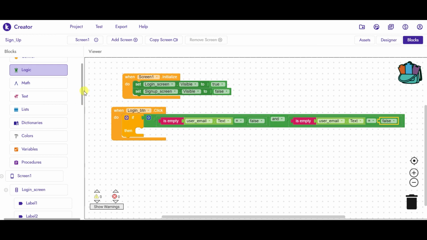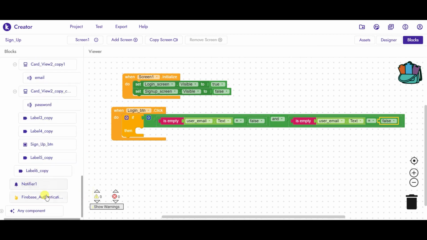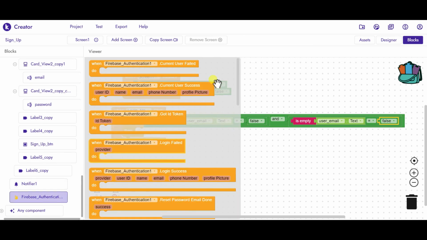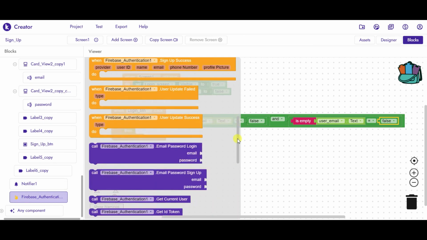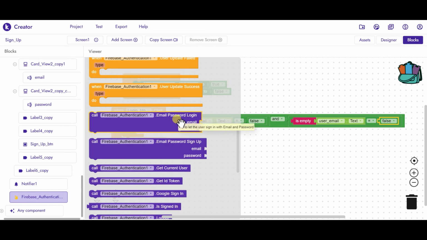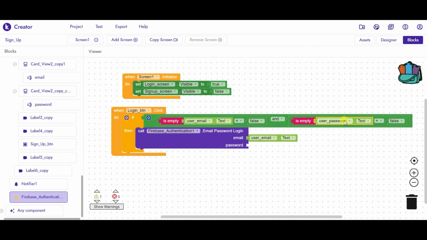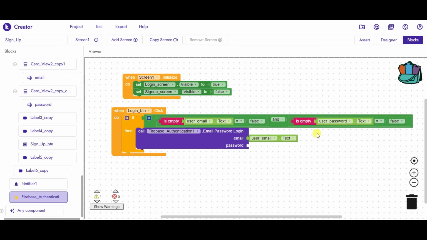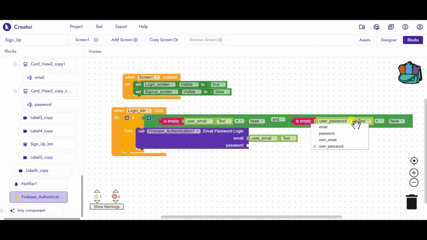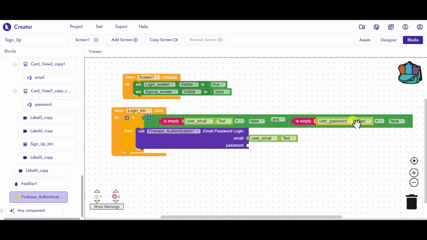Then we have to call Firebase authentication. So Firebase authentication and we have to log in. The email ID will be the user email dot text, and here just take this user password and copy this block, paste it and join it here.